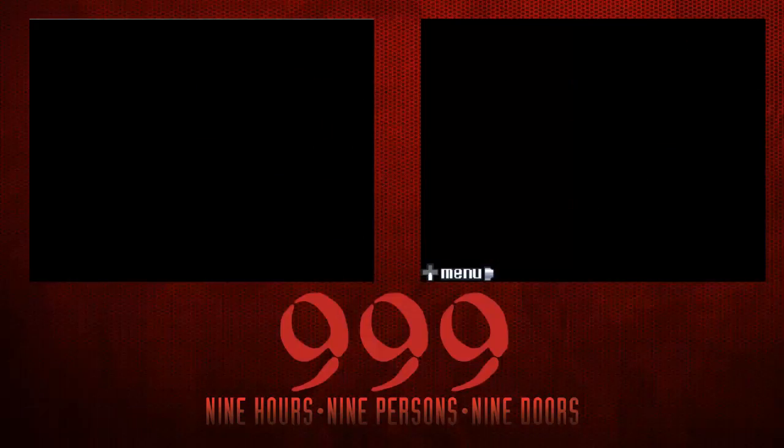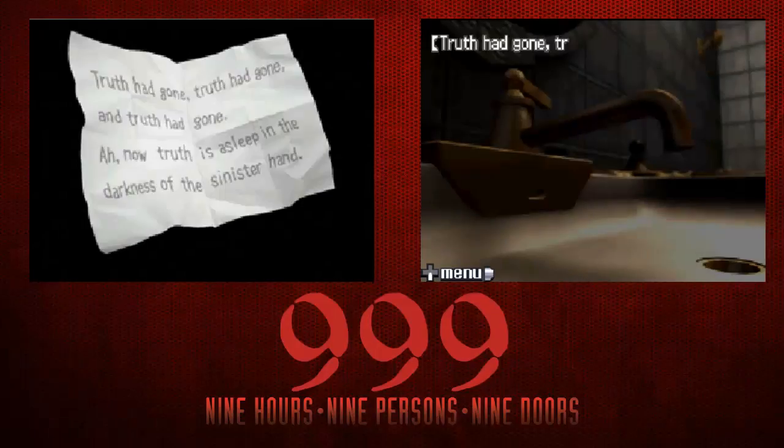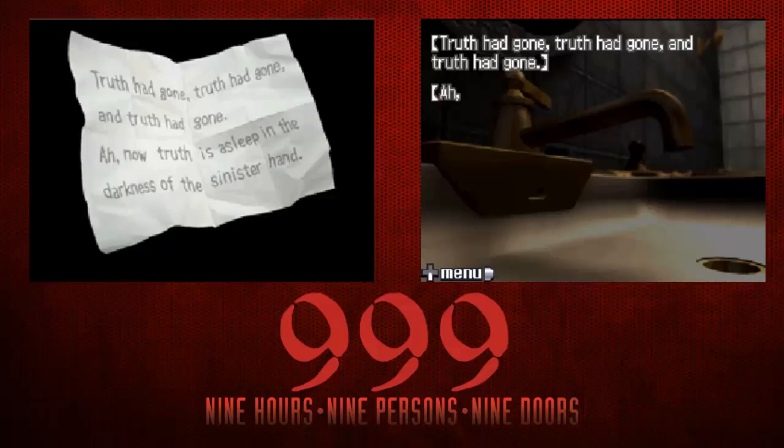What is this? Some kind of secret code? Seven peered over Junpei's shoulder at the note. Junpei stepped away from Clover's body and into the living room. He began to pace, attempting to decode the note. The first clue was likely the phrase, sinister hand. Sinister hand means...